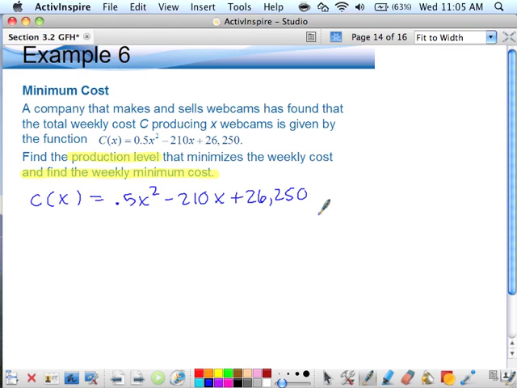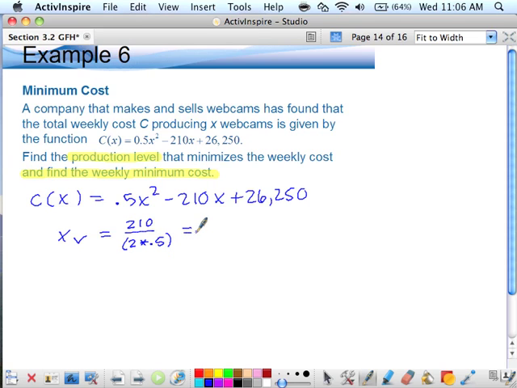And tell me what point on there am I interested in if I'm trying to maximize or minimize anything? The vertex. So any problem that asks you to maximize or minimize something, at this point the only thing you know how to find the max or min of is a vertex. It's a parabola, and it's going to be the vertex. So even if you're not sure, find the vertex, okay? Maybe you'll get partial credit. If you're really not sure what it's asking, you know it has something to do with the vertex, so start there. So the x value of the vertex is equal to the opposite of b over 2 times a,